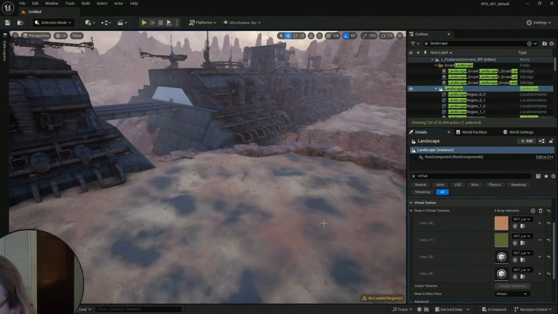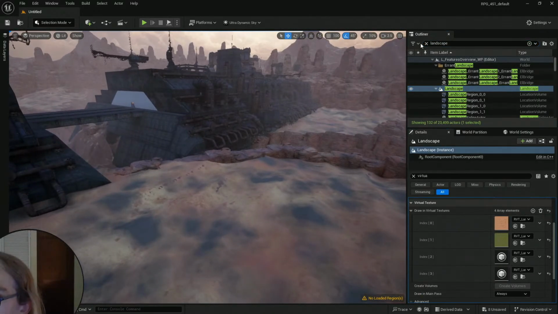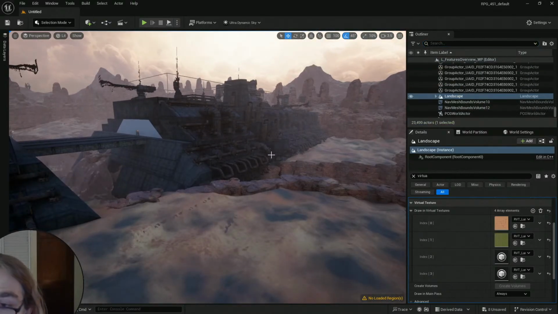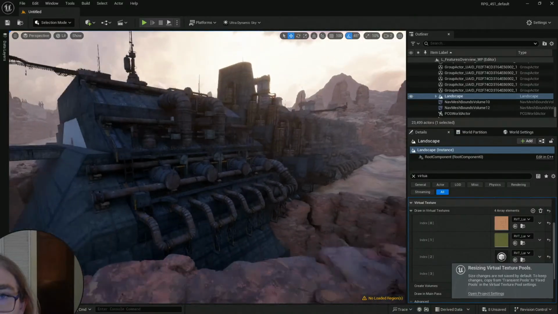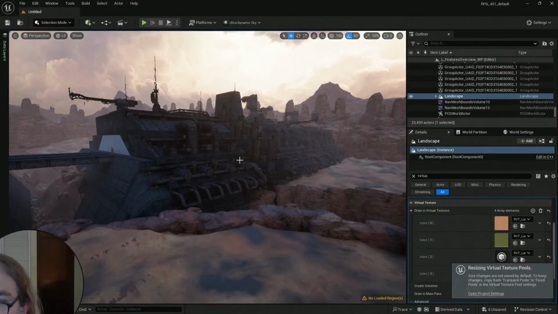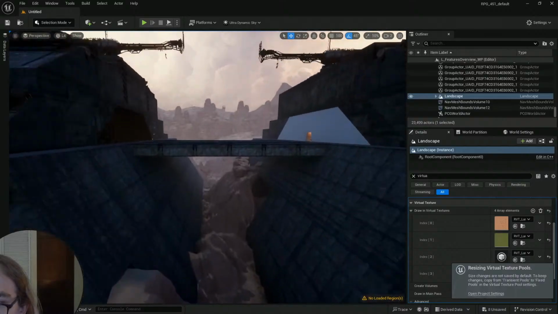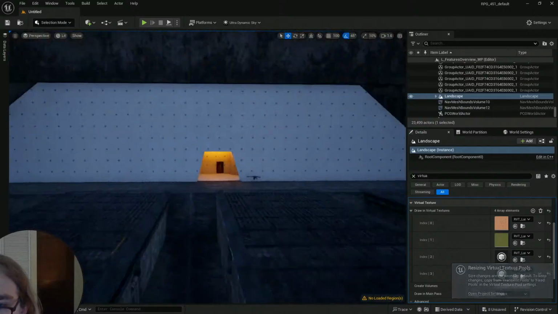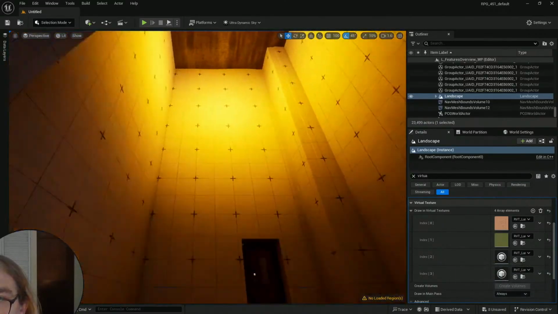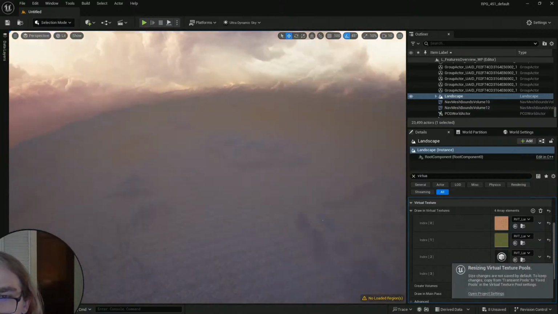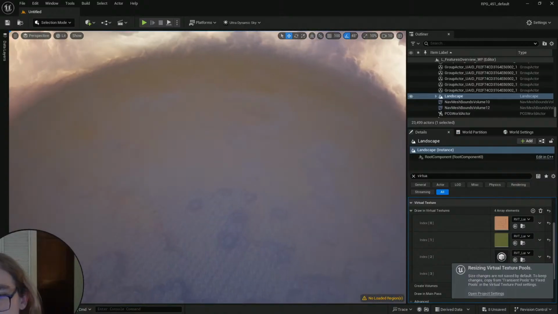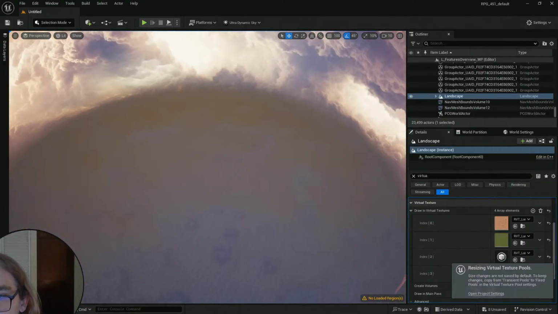Yep. Oh, okay. Now it worked. Okay, that's strange. So yeah, this is how it looks from the outside. This is how I wanted it to look. There's this huge bridge, and then I started with the blockout and stuff. But yeah, I want this to be a huge desert. It's not that huge, but